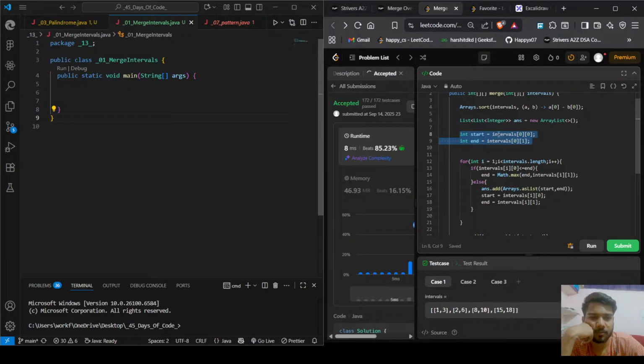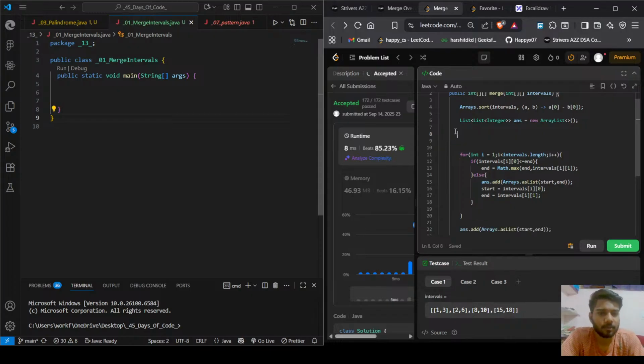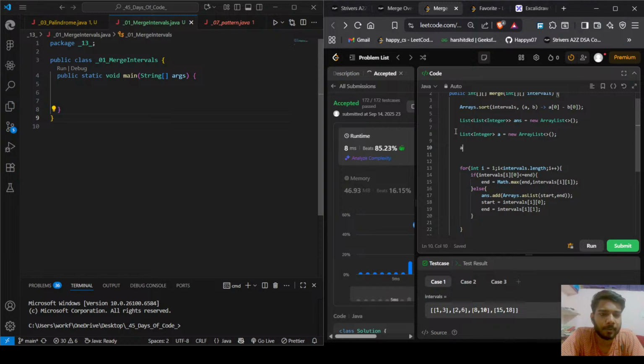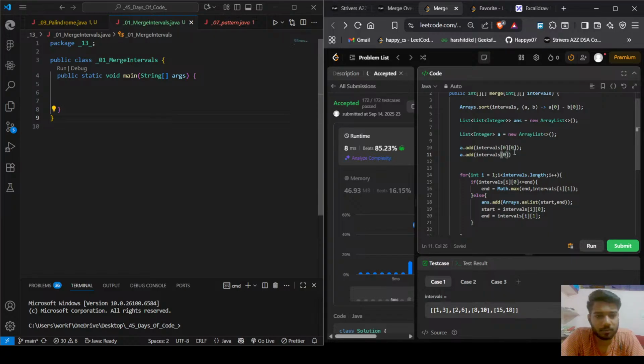the answer list is created. We need to add, let's say, this integer a equals new ArrayList, and a dot add intervals, comma, 0 comma 0, and k dot add interval of